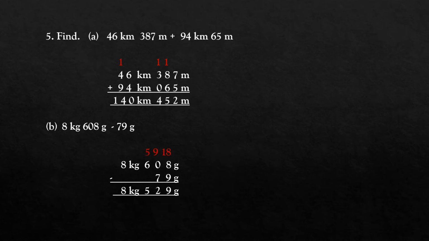So what you will do, you will borrow 1 from 6. Now it will become 18. Now 18 minus 9 is 9. Now here, because 6 gave 1 to first 0 and then it went towards 8. Now the number when it gave to 0, it was 10 earlier. Now because 10 has given 1 to the 8, it has become 9. Now 9 minus 7 is 2 and 6 is reduced to 5. There is no number below it, so write down 5 in the answer part also. So 529 gram, this will be your gram part, and there is no number on the kg part, so simply you write 8. 8 kg 529 gram. This is your answer.